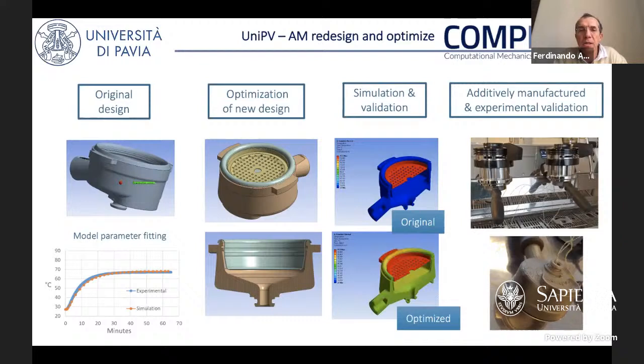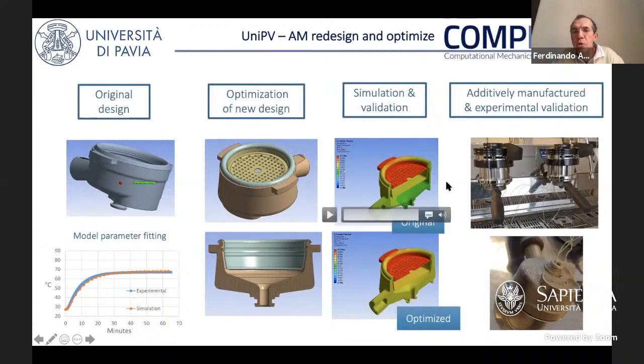For example, here you can see another very interesting collaboration that we're doing with a coffee maker machine. Basically, we're optimizing the thermal distribution inside the component where they put the coffee, because you want to keep it at a uniform high temperature, so you can really bring topology optimization to the real world.